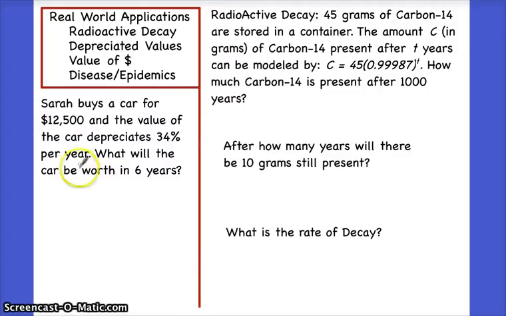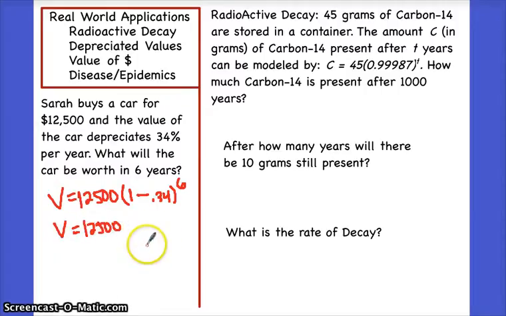Well, if we're talking about exponential decay, it's going to be very similar to exponential growth. The value of something is given by its principal or initial value multiplied by that full value and its interest raised to the time, such as 6 years in the problem here at the left. The difference is, we want to go down in value. We're going to depreciate by 34%. So instead of saying 1 plus my interest rate, something greater than 1, therefore growing in value, I'm going to say 1 minus. I want to make sure that my value goes down